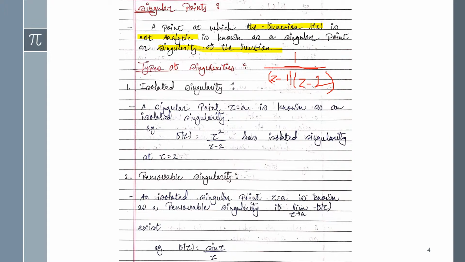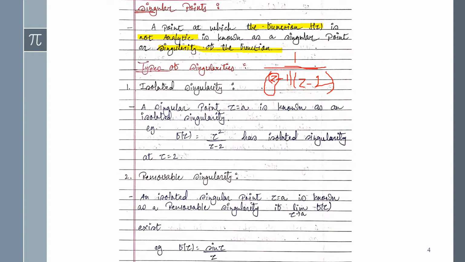Now what is an analytic function? I am just giving you the concept of what is an analytic function first of all. If we put 1 in place of z here, I am talking about this z function, then it will be 1 upon 0, that is, infinite. So we can't put 1 here, because if you put 1, the given function goes to infinity, which is not possible.